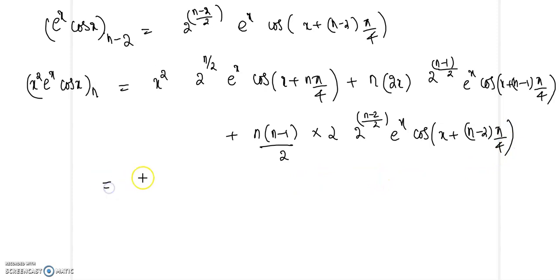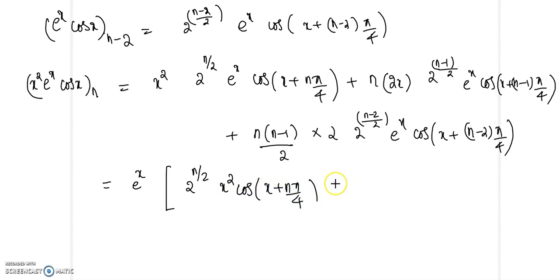So e raised to x is common in all the terms, so let us take that outside. Remaining you have 2 raised to n by 2 x square cos x plus n pi by 4, then the second term you will have